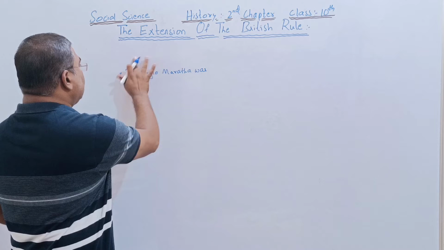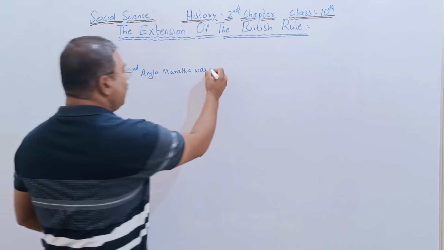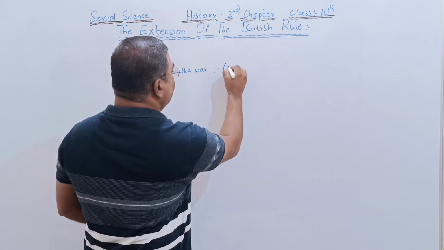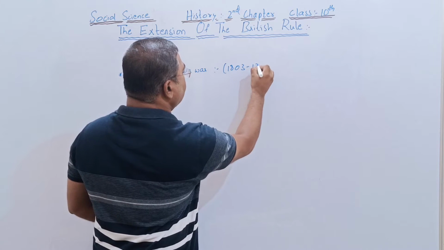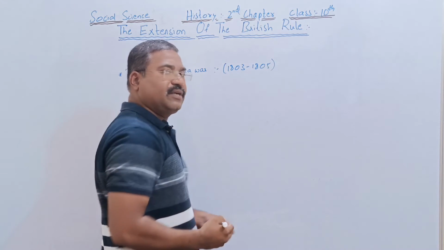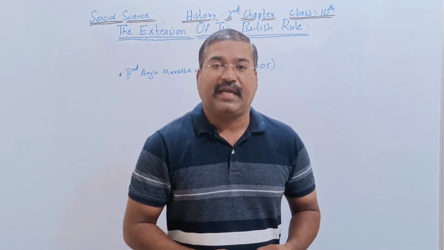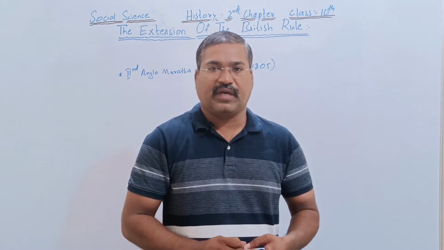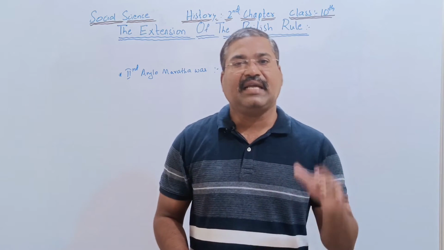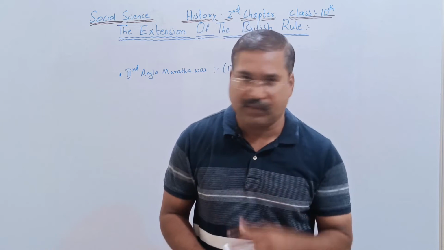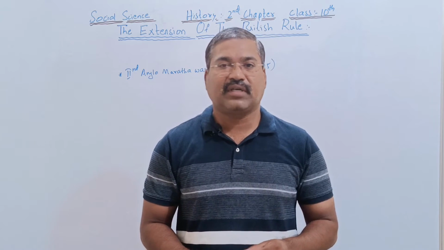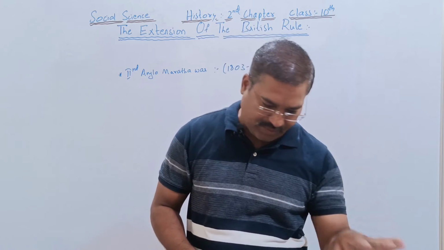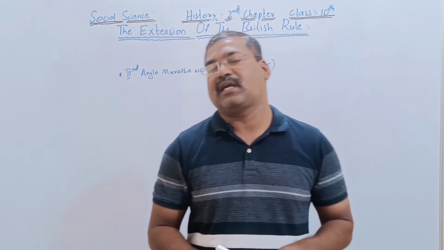The Second Anglo-Maratha War was between 1803 and 1805. Okay, this is the Second Anglo-Maratha War. So the result of the First Anglo-Maratha War was that Madhav Rao was the Peshwa. But in the Second Anglo-Maratha War,